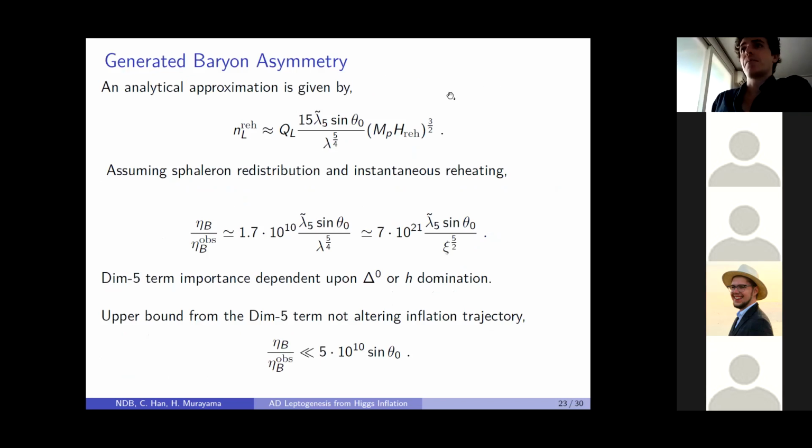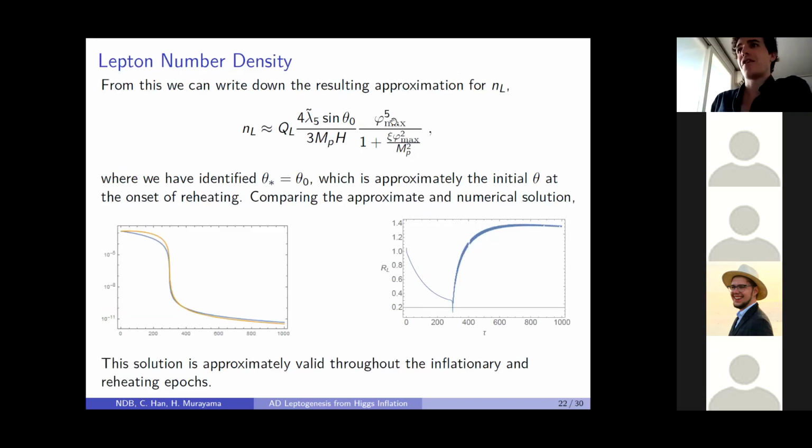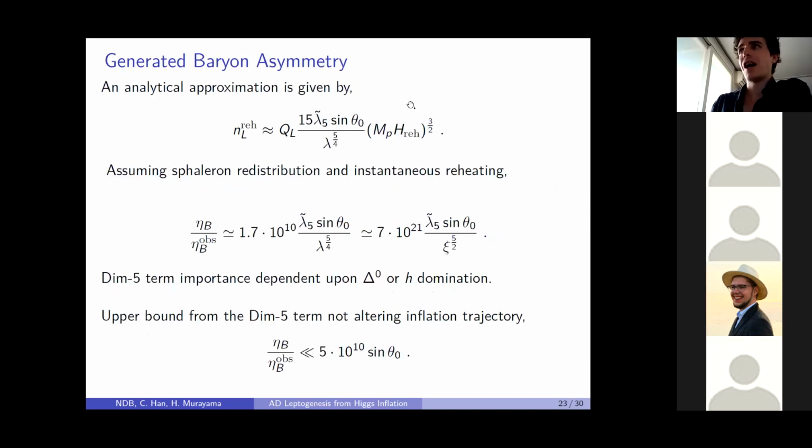So as I showed here, it's dependent on this phi max. Well, the phi max at the end of the reheating epoch, you can sort of directly consider the energy density that's at the maximum in the scalar field with some instantaneous reheating. So we assume that at some point it instantaneously converts all that scalar potential energy to the thermal bath, and then we can get an approximate value for what the final lepton number density is.